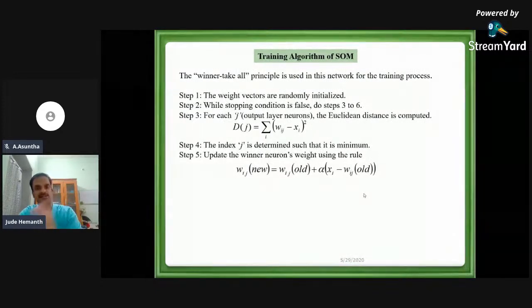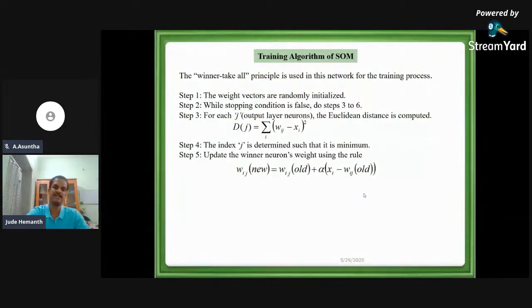So what is the formula for this? Concept will be same. W new is equal to W old plus alpha into something new. What is alpha? Yes, alpha is the learning rate. And within that differential term, we have xi minus wij old. So if you know w old, x, and alpha, this weight value can keep on changing. If the weight value changes, distance measure will change. If the distance measure changes, winner neuron will change. If the winner neuron changes, again one column of weight will change. So all the columns of the weight matrix will get adjusted at one point of time, but one at a time.